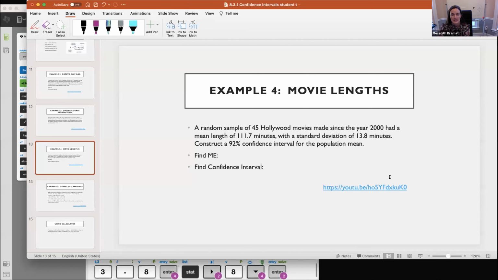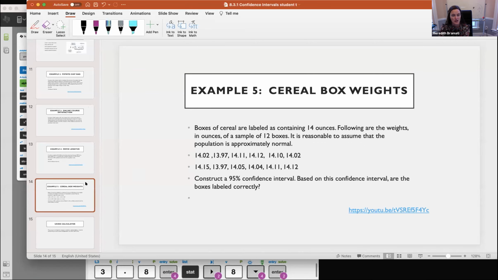Okay. Now let's look at the next one. Cereal box weights. Boxes of cereal are labeled as containing 14 ounces. Following are the weights in ounces of a sample of